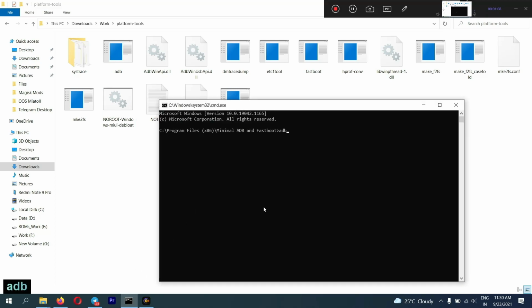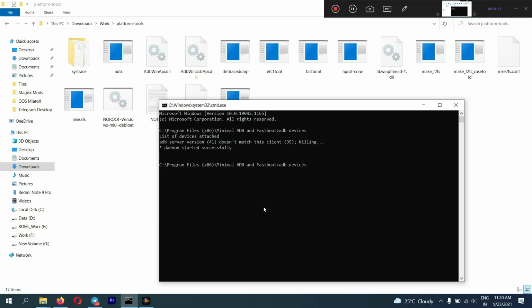If you want to check that your device is properly connected, you need to write adb devices and just click on enter. If your device is authorized and properly connected with your PC, then you will see it listed. Sorry for this, my device was not connected properly. So you need to connect your device. You need to install ADB drivers. If you don't have ADB drivers, install them first. If you have ADB drivers, then you're good to go. Type the command once again.